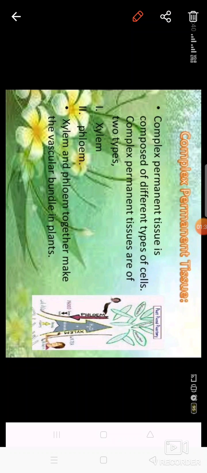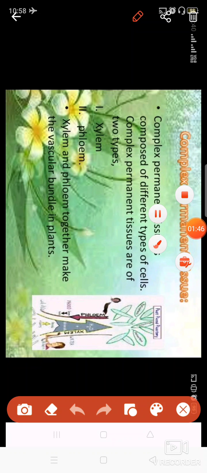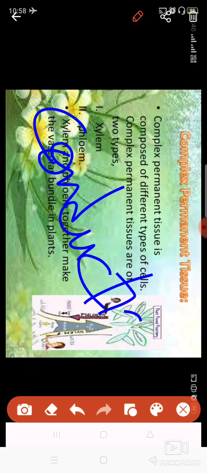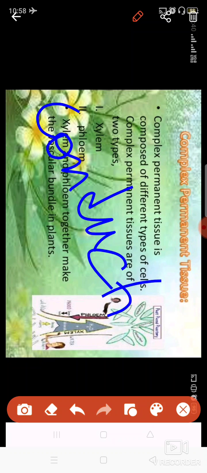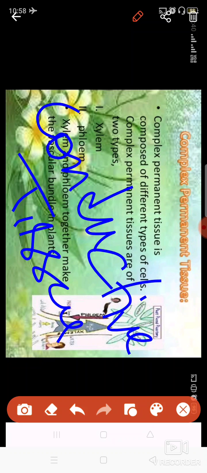Both these xylem and phloem, if you see, are present in the root, stem and in the branches, everywhere, and both of them together form the vascular bundle. Why are these called vascular bundle? Because these help in conduction of the substances, conduction of water and minerals, and the food is done by these xylem and phloem. That is why these are also known as vascular tissues or the vascular bundles, and these are also known as the conductive tissues, because these conduct the water, minerals and the salts and the food in the plants.